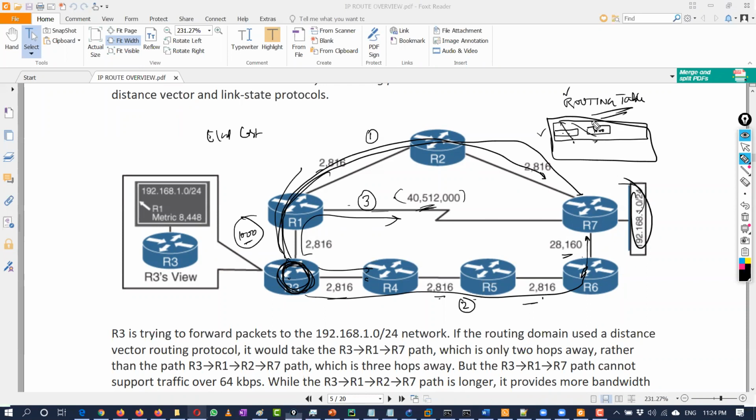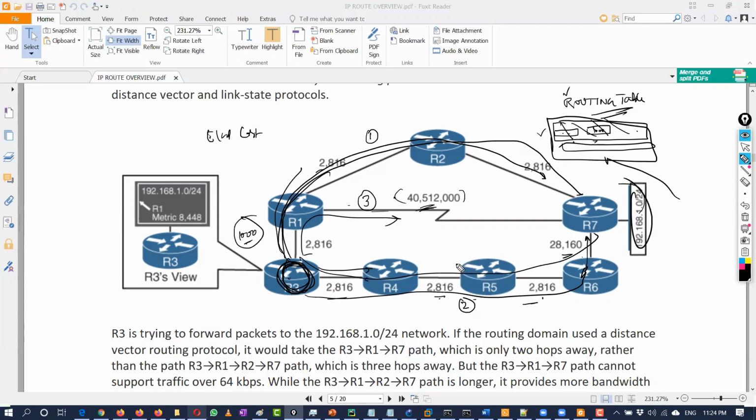Now let's say if this goes down, then the second best route will automatically come and get placed in routing table. Okay, so you must know that routing table is something which have only the best route. All your next backup or the least backup is all outside the routing table. If the primary goes down, then it will be pulled up. Okay, so every